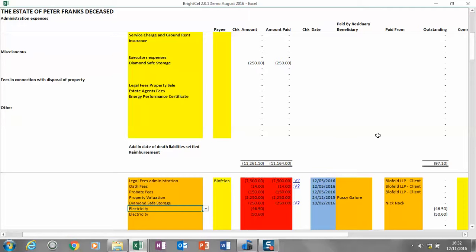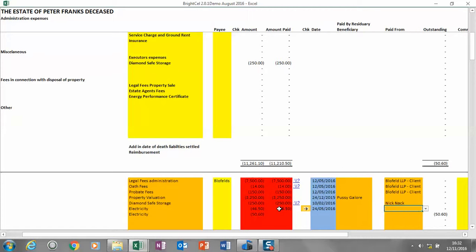So what would I do about paying this? Well, this is going to seem slightly back to front, but it is a bit of a workaround, but it does actually work. So this is how I would do it. Here I would show the amount as having been paid, minus, it's red, £46.50, and let's just put a date. Let's say it's the 24th of May 16,